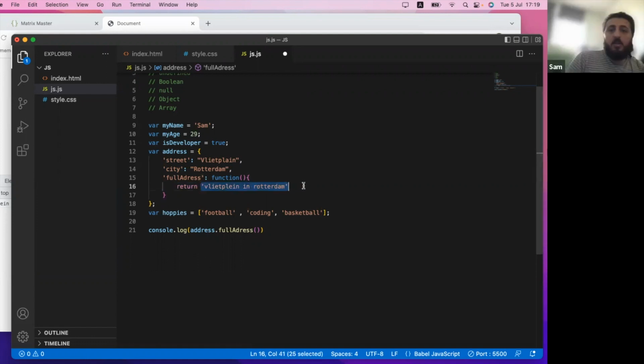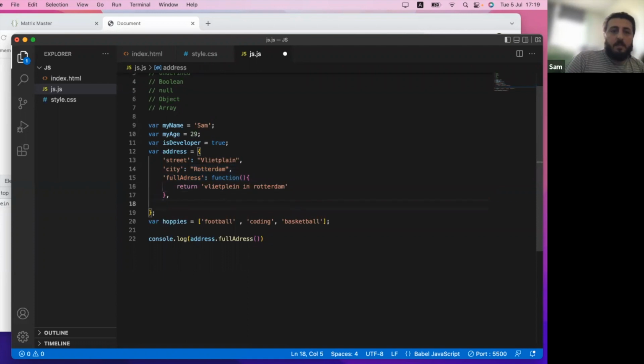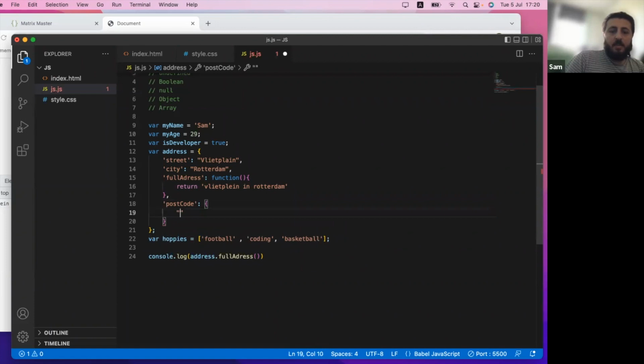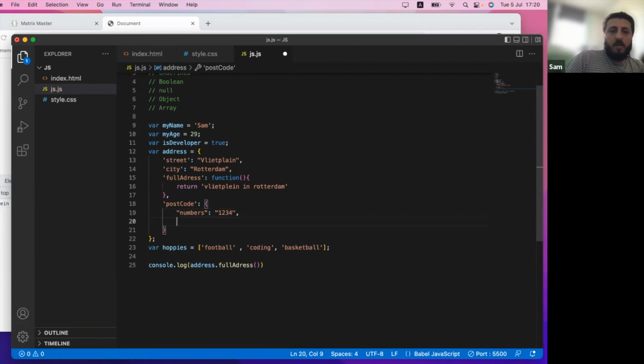Okay, and also here you can do anything, not just return a string. You can do a real huge function that will calculate something for you, but I'm just giving you a quick example. So inside the address object, I can do something like postcode, and this is also an object that has something called numbers, which is the 4 numbers in the postcode, like 1, 2, 3, 4. And here we can have letters, which is like AB, and we can do something